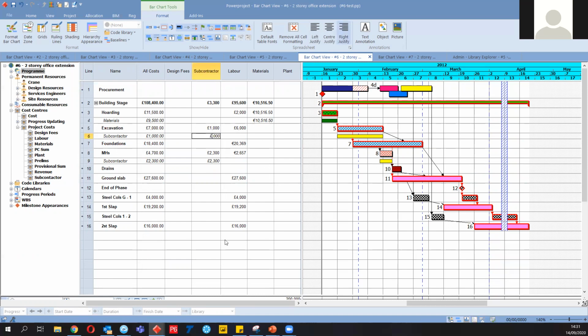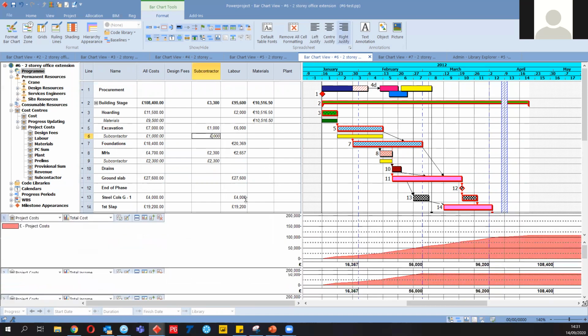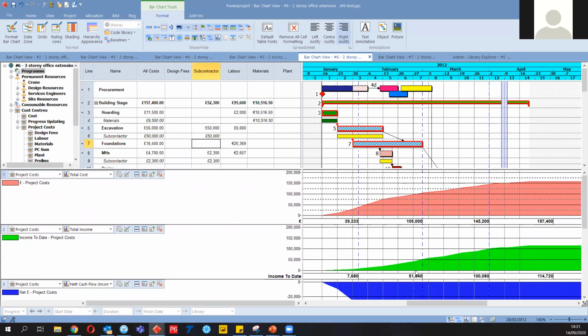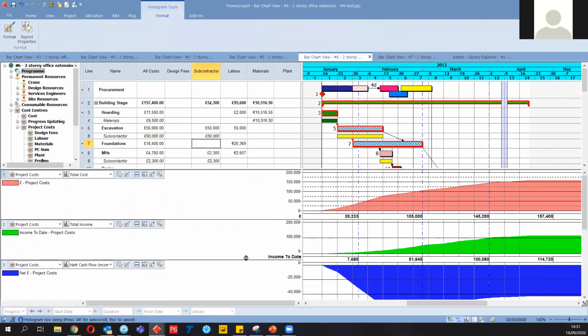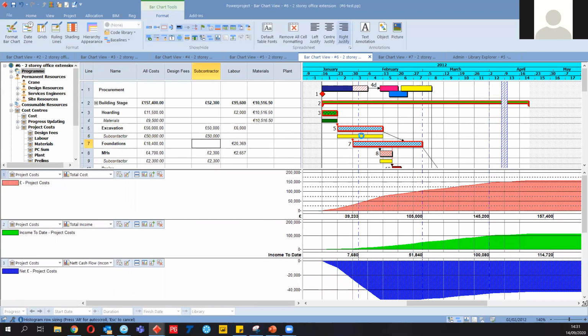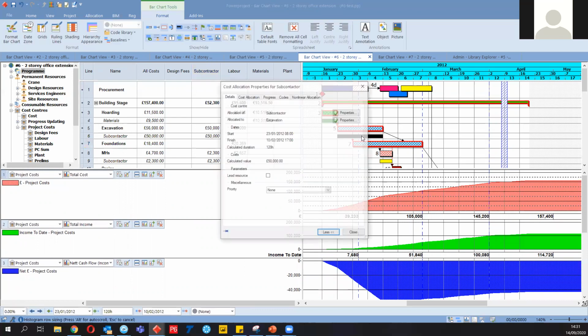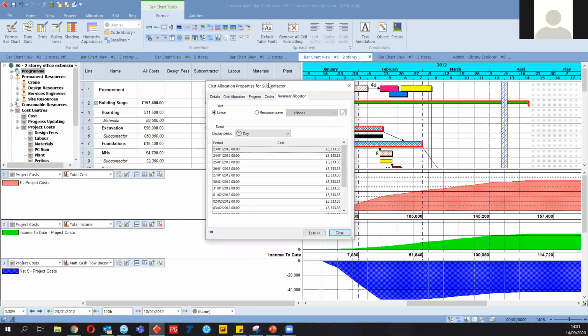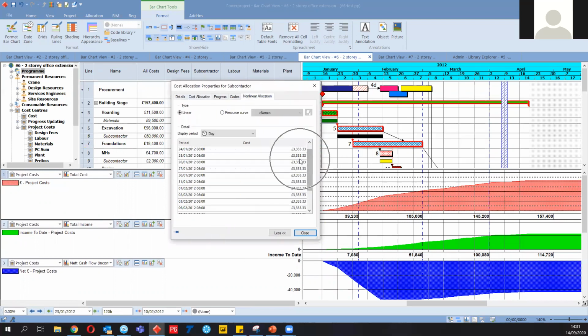Let's say it's going to be 50, and automatically the graphs will be updated accordingly. And then we will be able to schedule this cost information. If you open this cost, you're going to see in the nonlinear tab, every day I'm paying